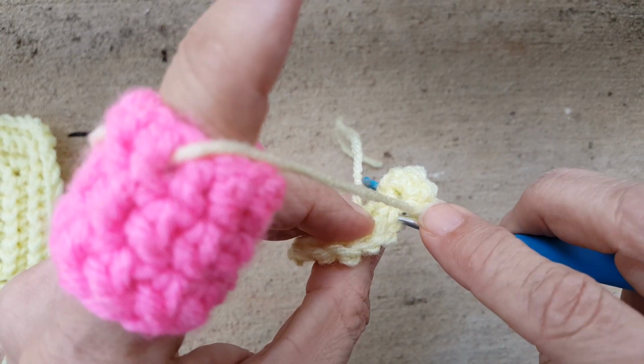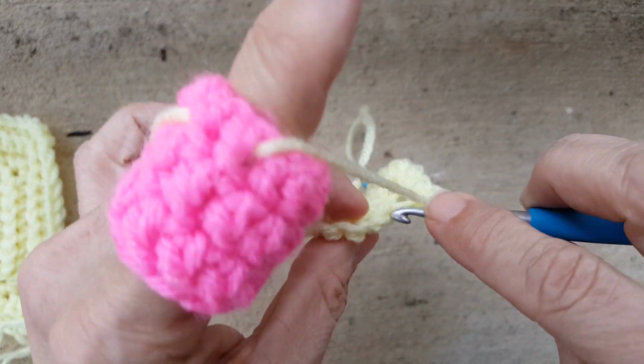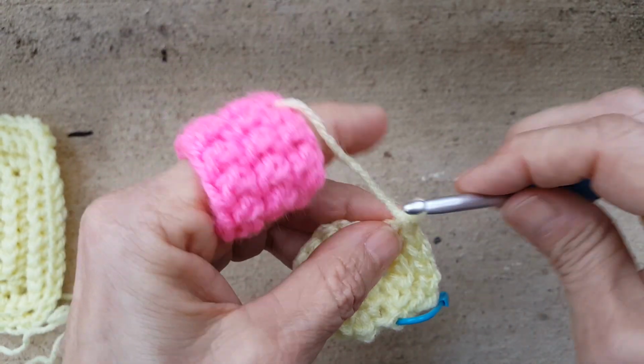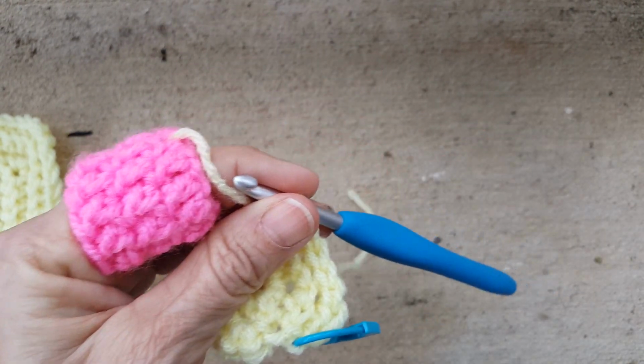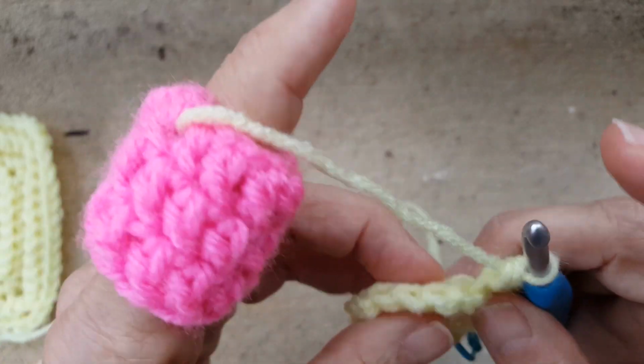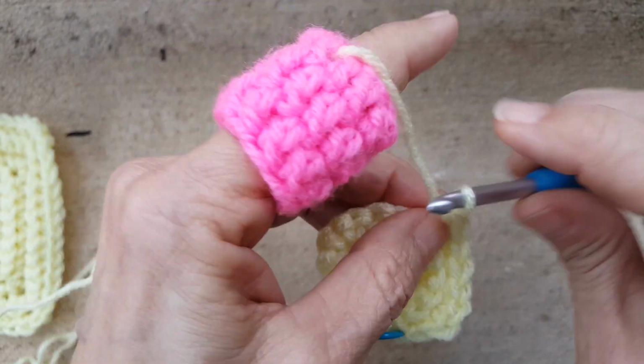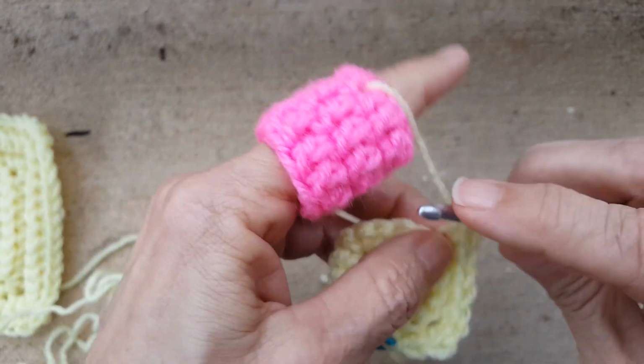Now I'm going to work a single crochet in the back loop of the next 3 stitches. 1, 2, 3. This is the third round, and it's all about the number 3. And now we're ready to work our second corner, so we're going to work 3 single crochets into this back loop,